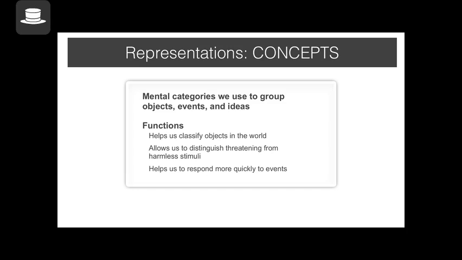So, it's a mental category of things. It helps us classify objects, which is basically perception, and it will allow us to quickly identify or quickly perceive what that object is, which eventually will help us, whether it's threatening or non-threatening, and that is very important to survival. So, what concepts do is help us. When you see a new dog, you would say it's an instance of a bigger category of dogs. So you can move on with perceiving new objects.